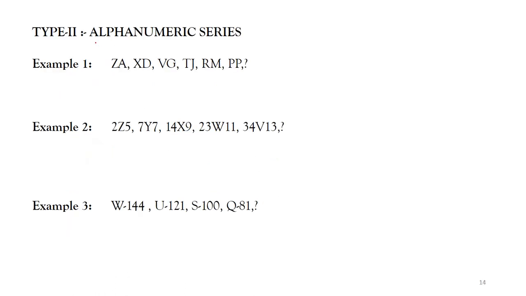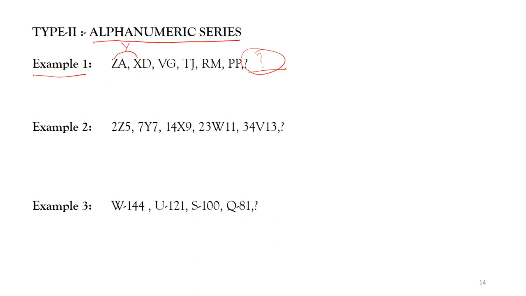Now, next type of series, that was a basic one. Type 2 series are alphanumeric series. So what do you mean by alphanumeric series? So in the series, there will be involvement of numbers as well as letters. Okay. Now let us see the first example. I have to find out the answer what comes next after P. Now as it is given, so see what is the logic.